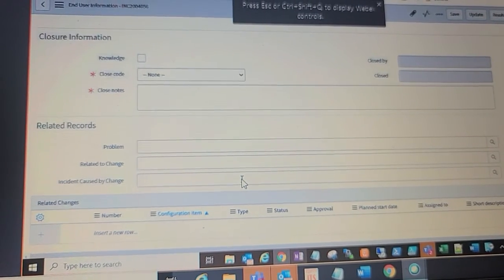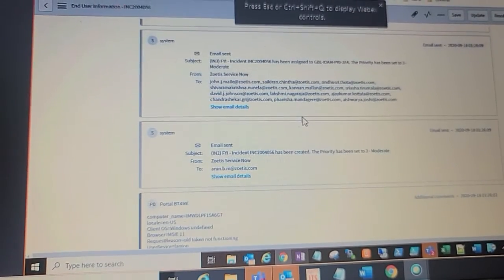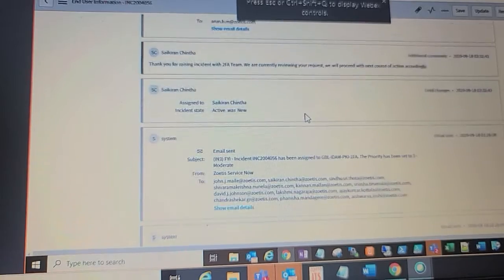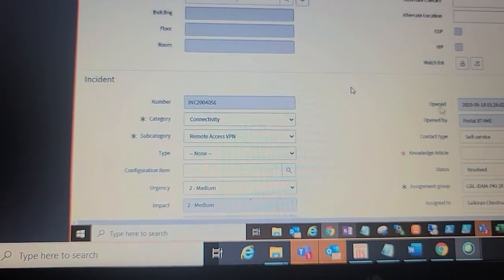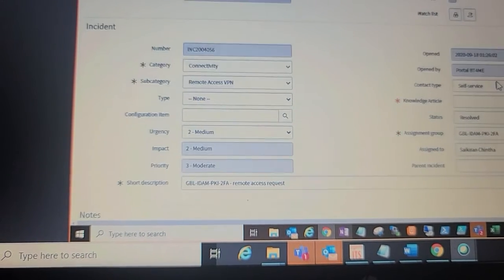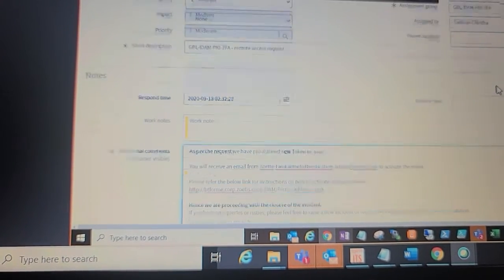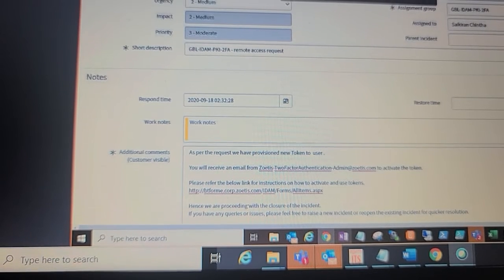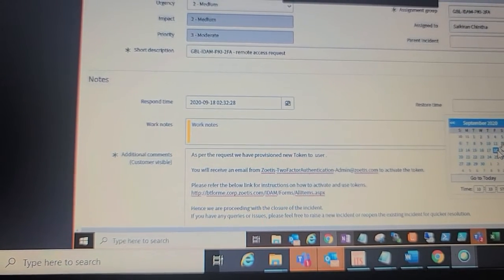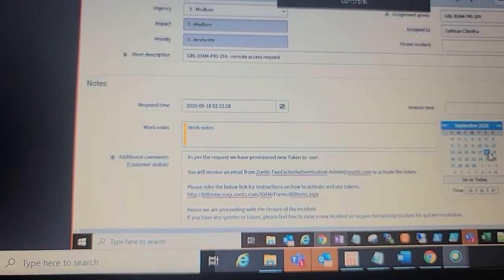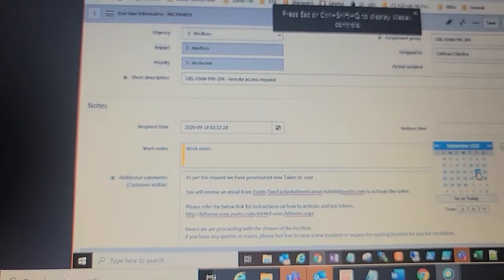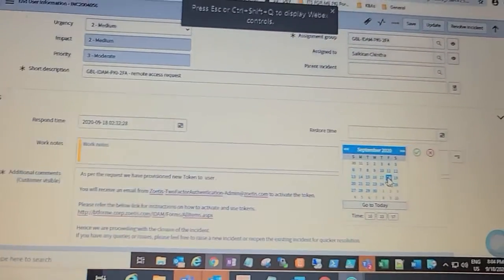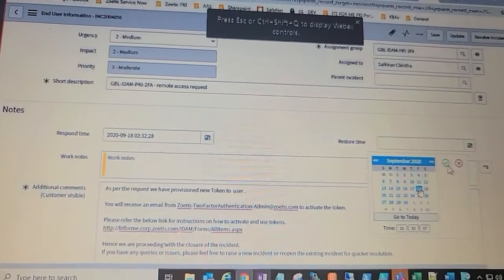Do I have to put any other close notes? Closure, yeah, here as well. Do I need to put the restore time? Yeah, you just click on the green signal, it will fill the date directly.